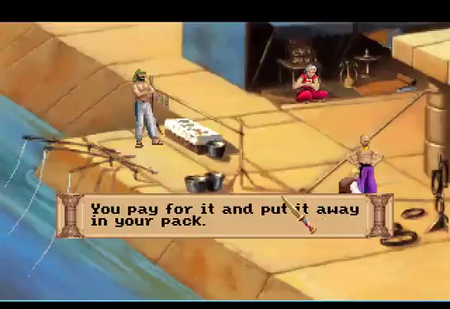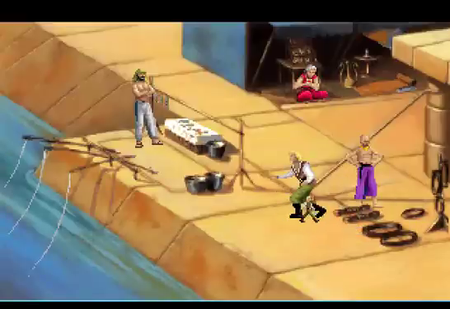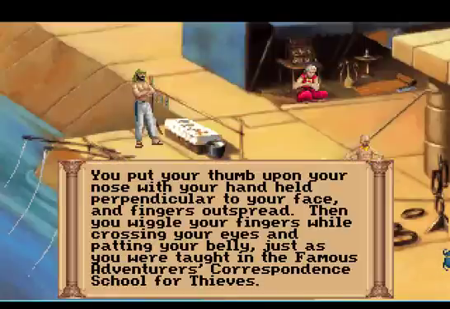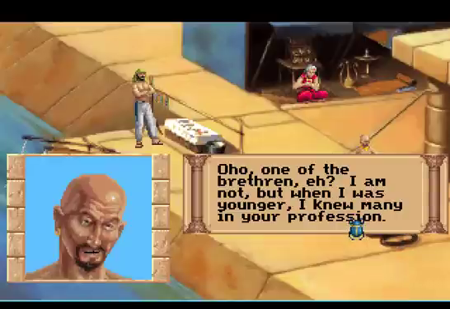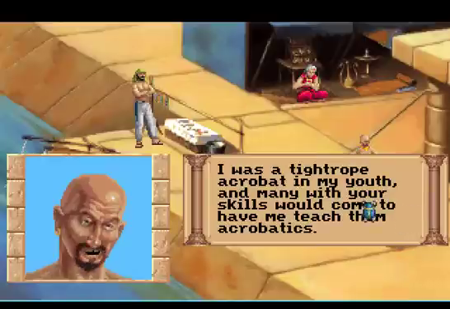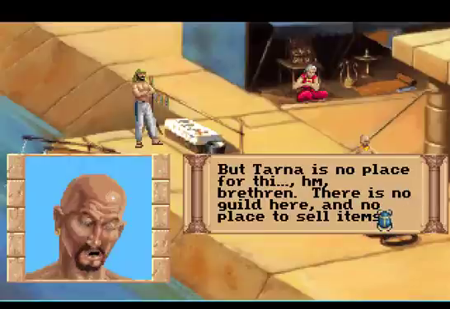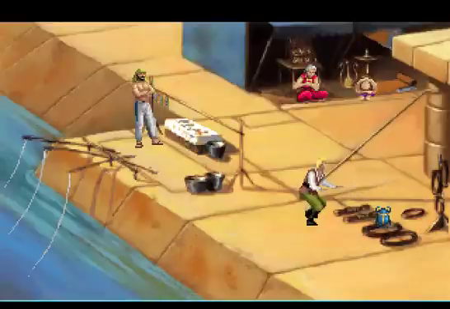There we go. So actually, if this guy looks a little seedy, a little shady, he definitely is. Check this out. Let's get the thief sign, where we place our thumb on our nose and wiggle our fingers outstretched. Yeah, he's part of the guild in this area, and he'll teach you some sweet acrobatics